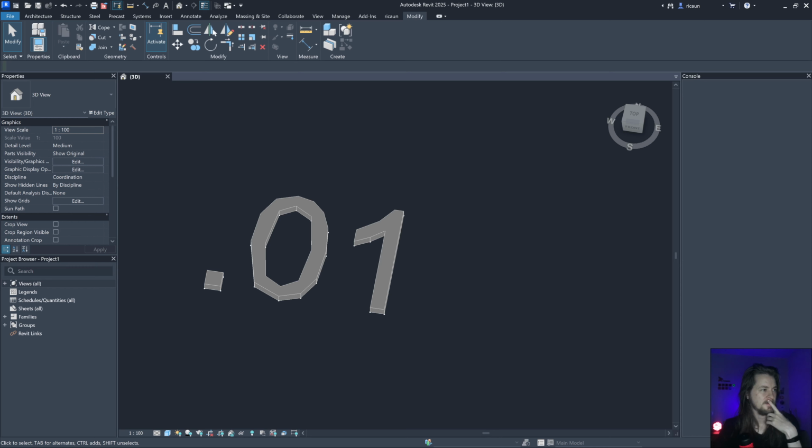Let me see here. That curve is not working. Okay, let's make it simpler to debug, I guess.